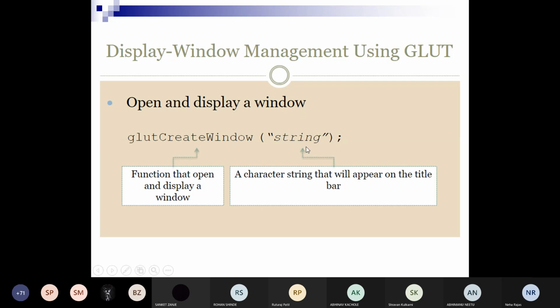glutCreateWindow. So in the window here we can write anything, means in your window it can print